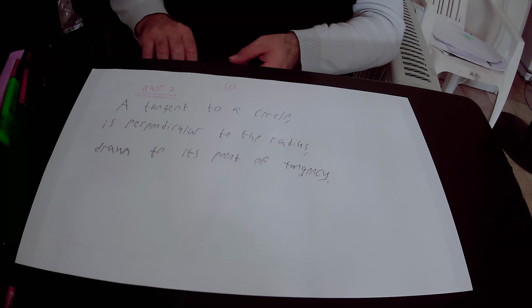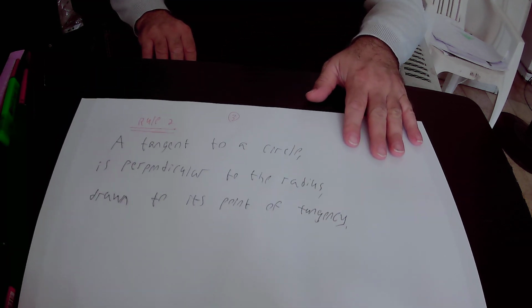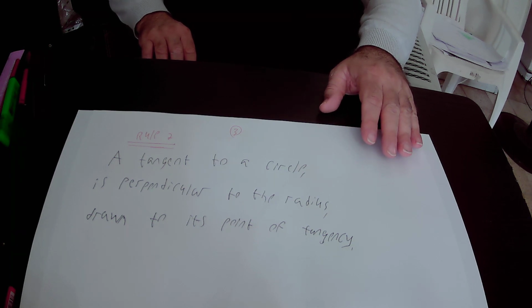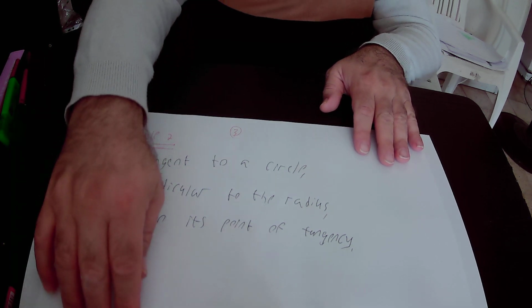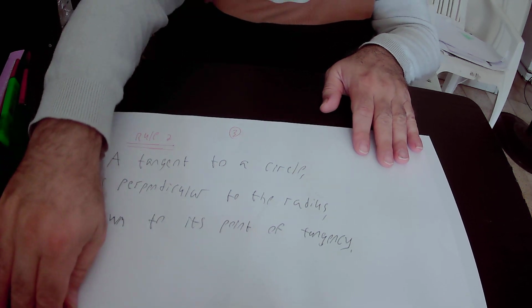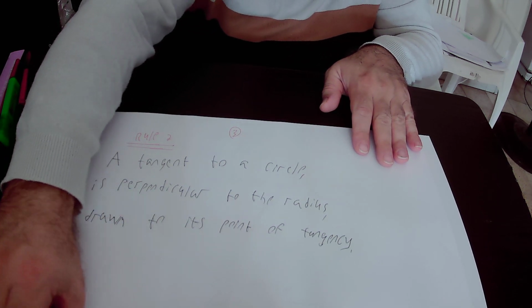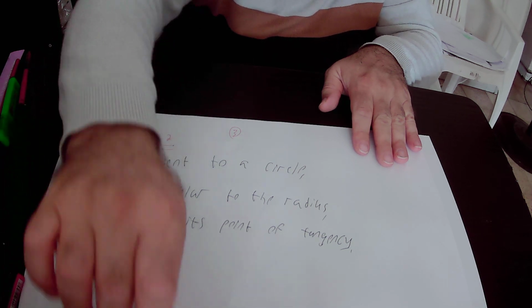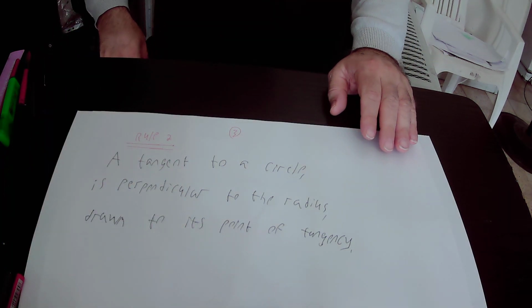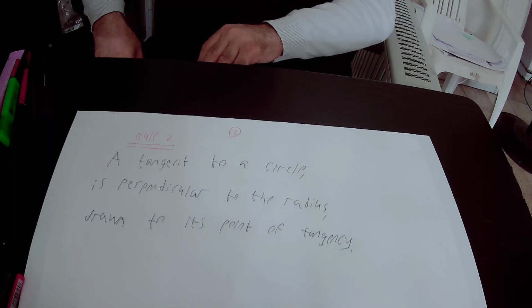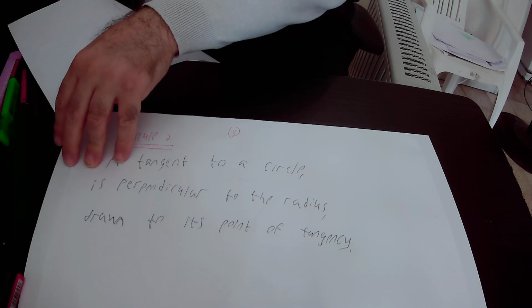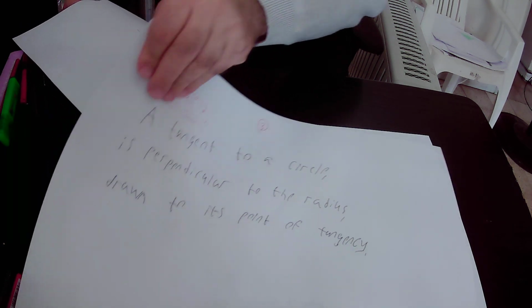According to rule number 2, a tangent to a circle is perpendicular to the radius drawn to its point of tangency. I'll repeat again, a tangent to a circle is perpendicular to the radius drawn to its point of tangency. So what is the meaning of rule number 2? The meaning of rule number 2 is that if you have this